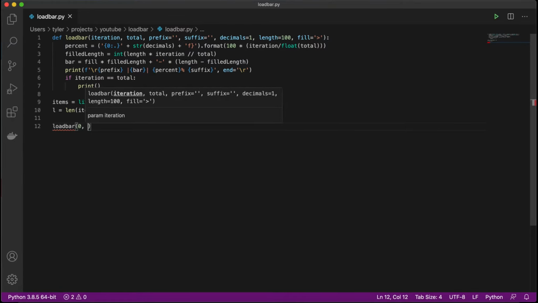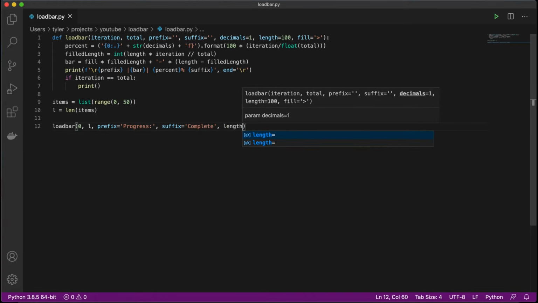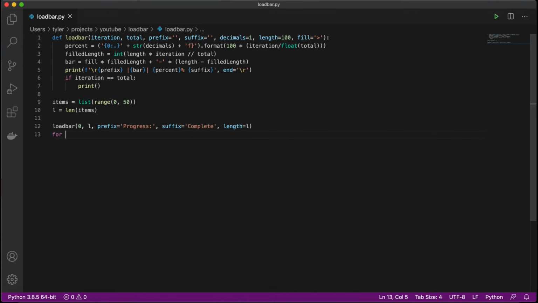So we're going to say the iteration is 0, go for the length of it with a prefix of progress, a suffix of complete, and then the total length is basically, again, like we just said, going to be 50 in this case. So we can just put right here length equals L, and it'll give us the same exact thing. Then what we're going to do is go for i, item in enumerate items, and then sleep, and that's where the sleep function comes in, we can actually go to the very top here and import